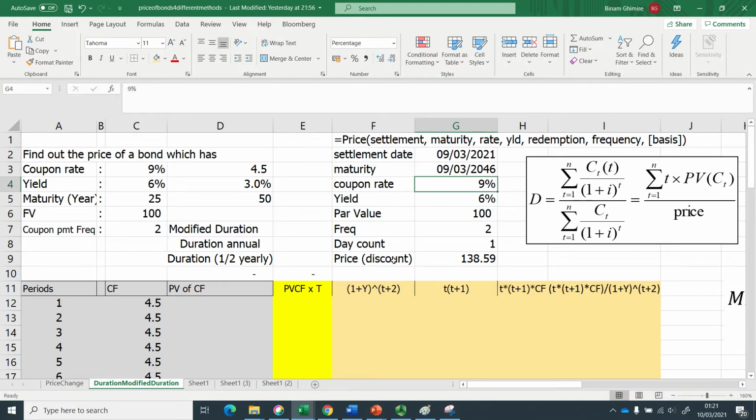Okay, change coupon rate from 9% to 6% and yield from 6% to 9%. So I'm going to do that, 6, 9, and now I can see the price of the bond is